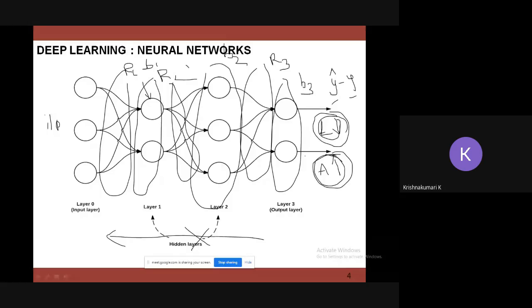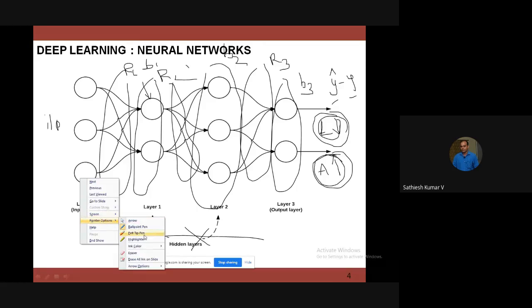Super, sir. Sir, one more question. Is there any limit for fixing the epochs, or is there any technique for fixing the epochs? Okay. So regarding epoch,